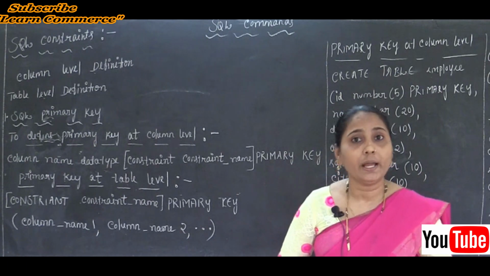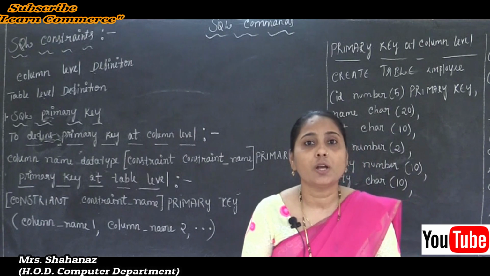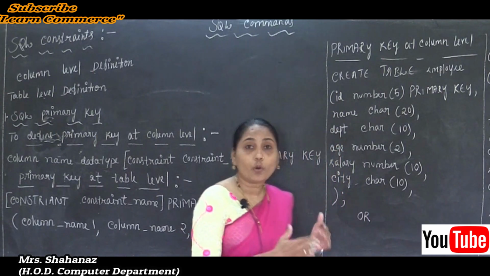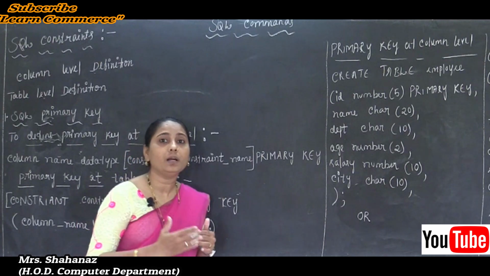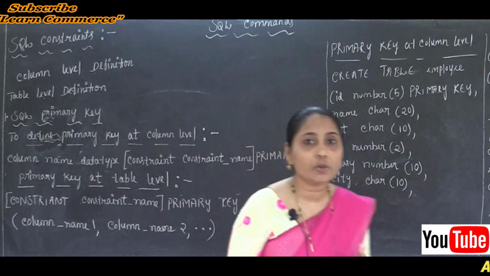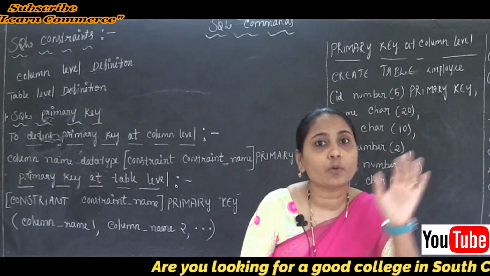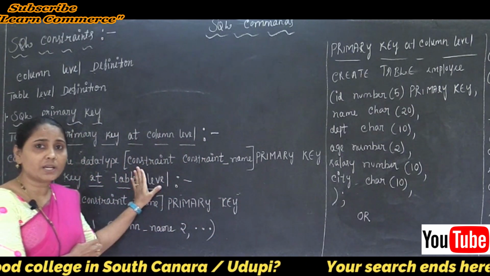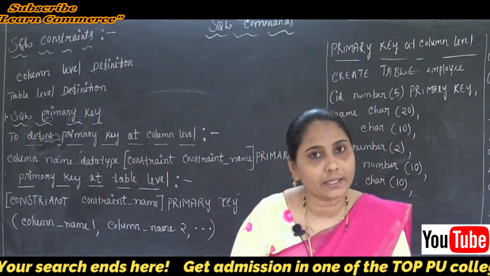Such constraints are applied or enforced on data columns, that is, on the table, and these constraints are used to limit the type of data that can go into the table, how the data is going. Why? Because while entering data into the table, we use some constraints. The constraint makes the type of data go into the table in a correct manner. So this constraint ensures the accuracy and reliability of the data in the database.